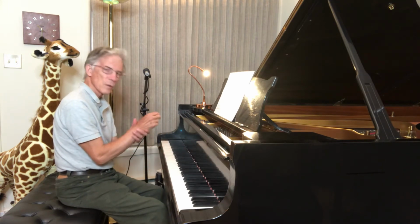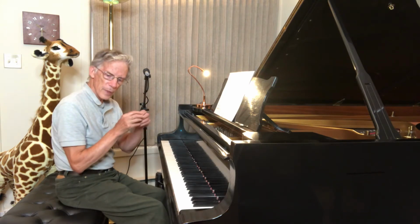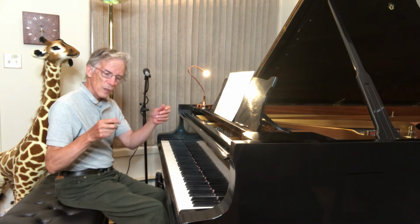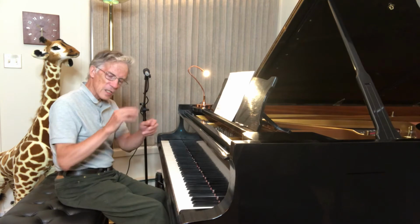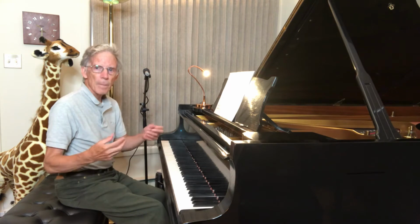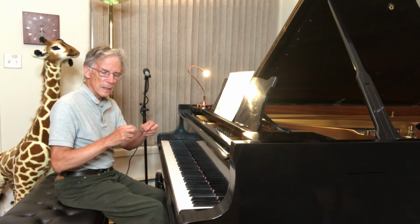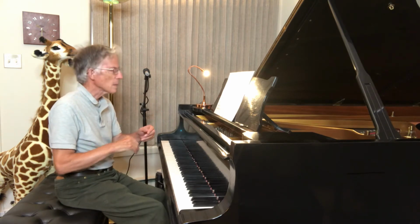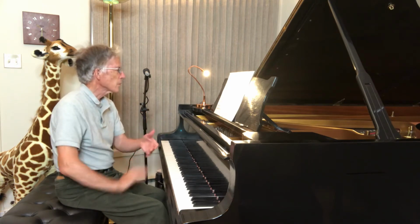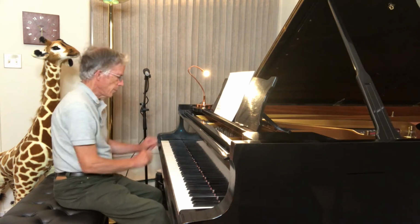And I try to feel that my wrist is like the horsehair of a violin bow. You don't tighten it with the frog too tight and get a nasally sound as you draw the bow on the wire. You want the wire to vibrate, so you have it a little bit less than tight, and it has that give to it in the bow. And the same in your wrist. When you drop and draw the tone out of the piano, the wrist is like that horsehair. So if I can think of that when I drop,